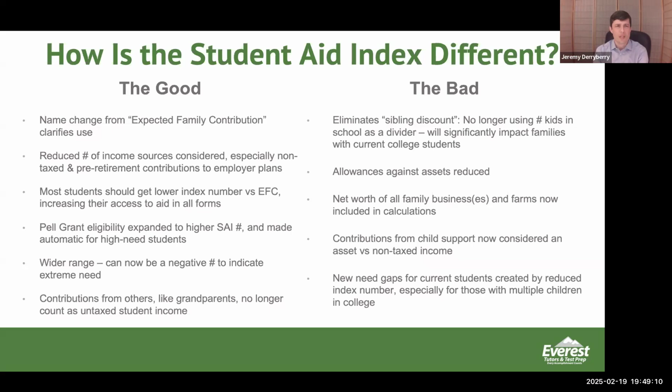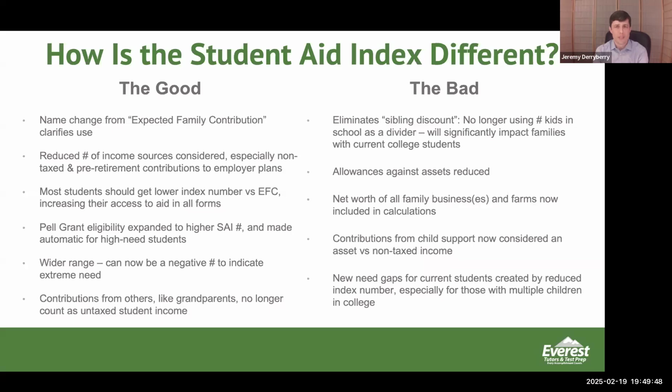I think the one thing that has really hurt families the most is removing what was called a sibling discount. If you had one child in college and you had another child getting ready to go into college, they would actually consider that you had more need because you had two children in there at once. That has been removed. I know a lot of families were hit when that change happened because they already had a student in college and were trying to get another into college. That discount is not there anymore.